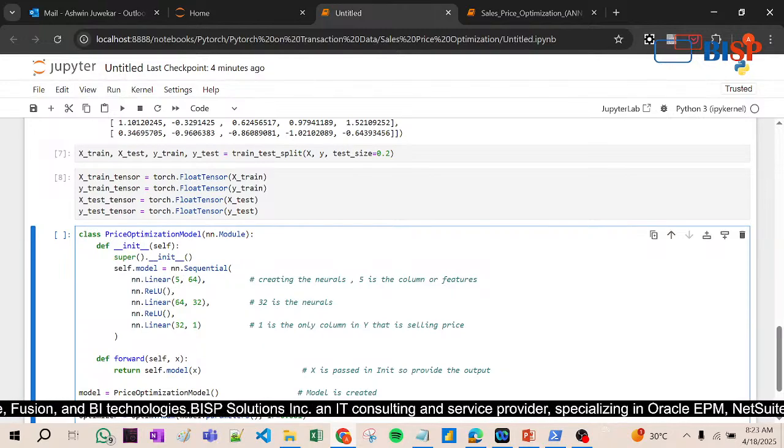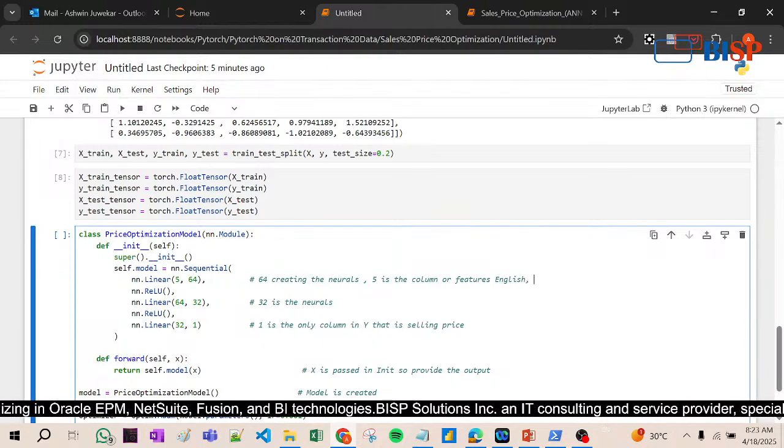Creating the neurons, 64 is the number of neurons, right? Exactly, 64 means what? These are 64 hidden neurons on the basis of which, for example, if I take an interview of a student, of a candidate, what I will do is test number 1 for English communication,